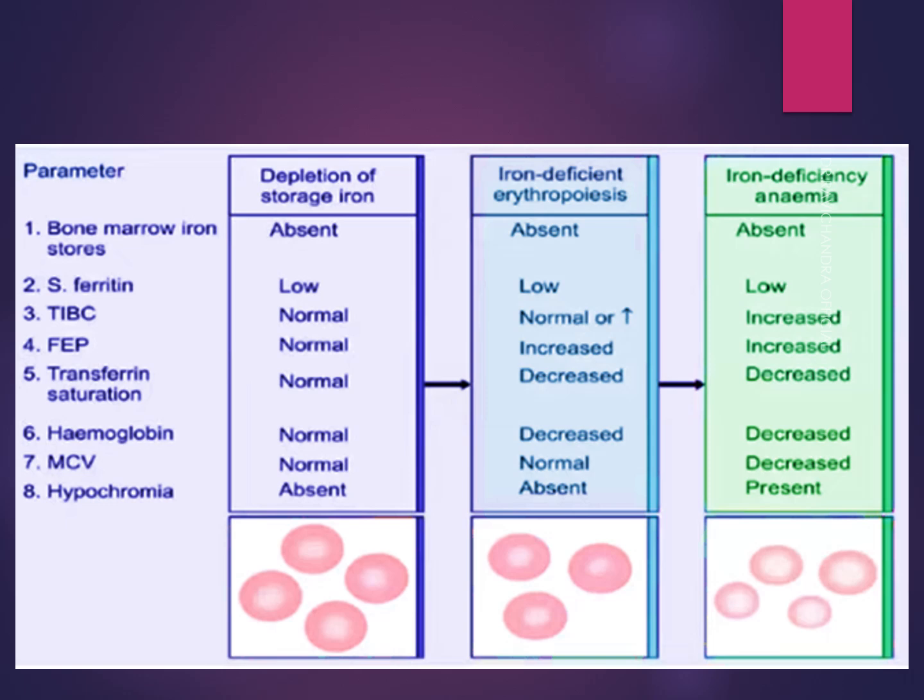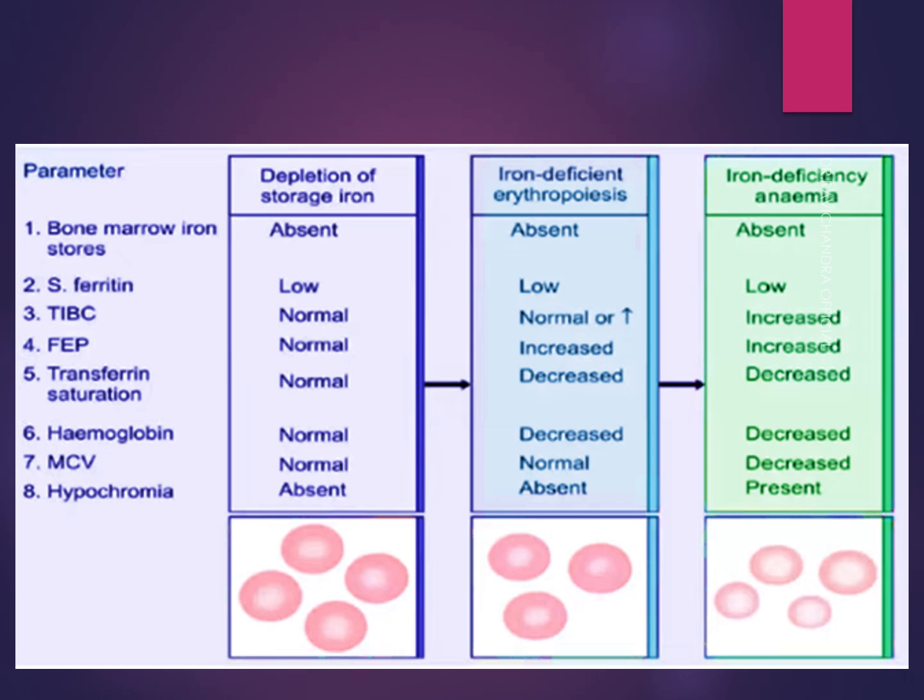The FeP levels will be normal in the first stage and increased in the second and third stages. Transferrin saturation will be normal in the first stage and decreased in the second and third stages. Hemoglobin is normal in the first stage, whereas it is decreased in the second and third stages. MCV, mean corpuscular volume, will be normal to the second stage, but in the third stage,